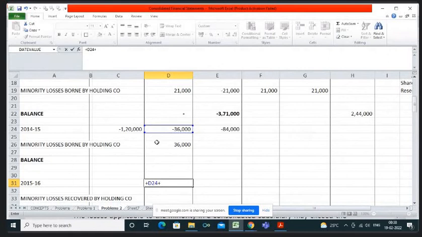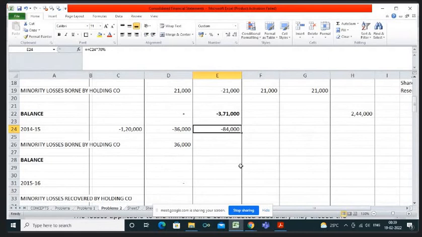Minus 36 plus 36, it becomes 0. Already the holding company has taken the loss of 84,000. Now they will take this additional 36,000 also. So for this year, for the consolidation purpose, the profit and loss will be 84 plus 36